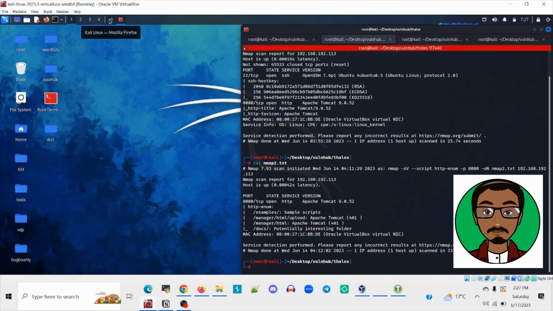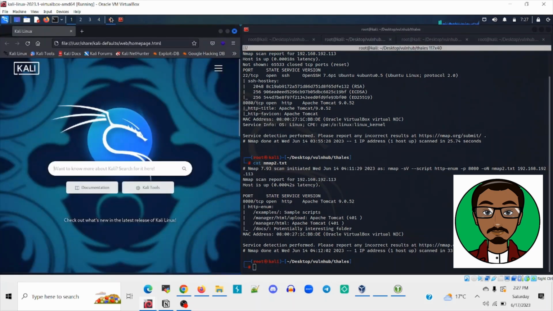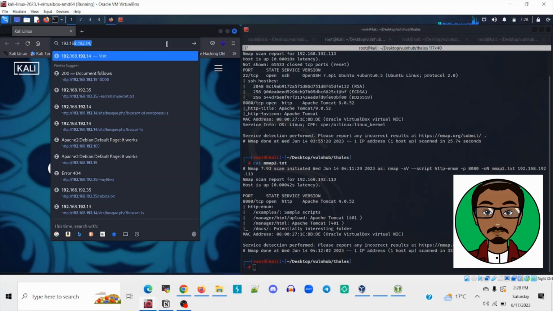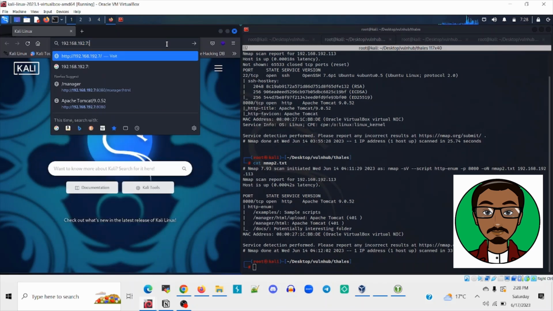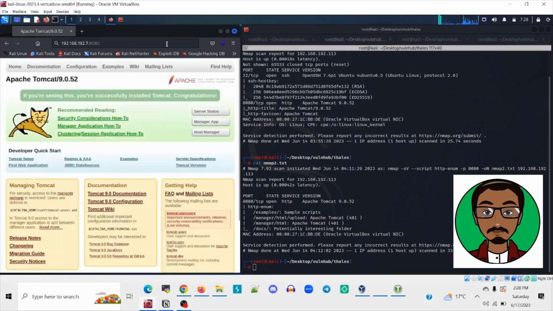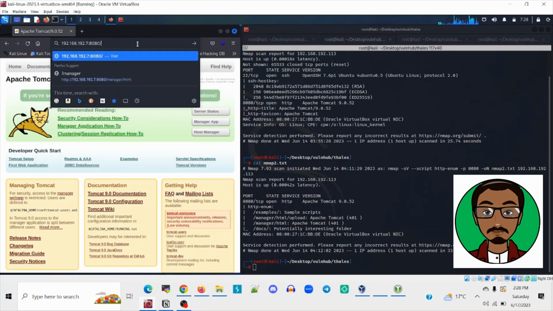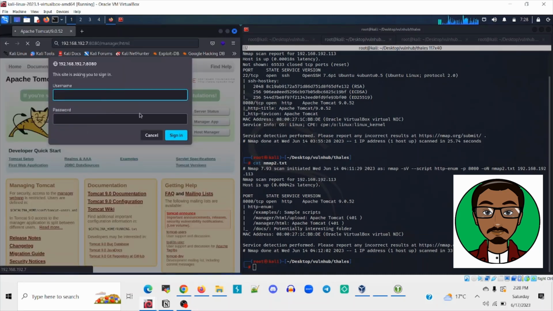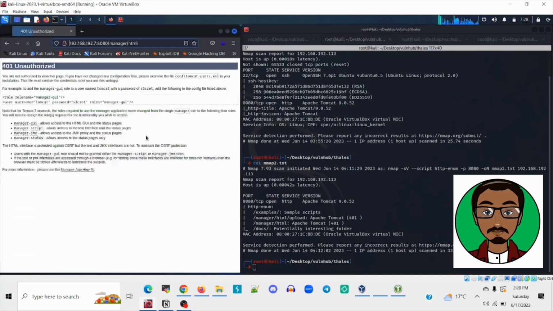So let us go onto our browser and access the target web application by typing 192.168.192.7, and then we specify the port, which is 8080. As you can see, definitely what nmap had reported is correct. So let's browse to the /manager/html directory, and as you can see here, it's a login page which is asking us for the username and password, which at the current moment we don't have. So let's just cancel that,